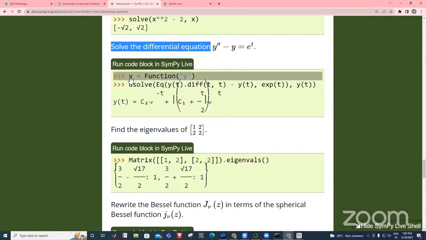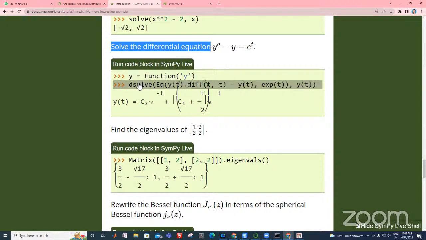Just you need to write this first statement, y is equal to function y, and the dsolve function is there, which takes the equation y(t).diff(t, t). This will differentiate the expression two times. We are using here two times, t comma t. This y double dash can be written as,